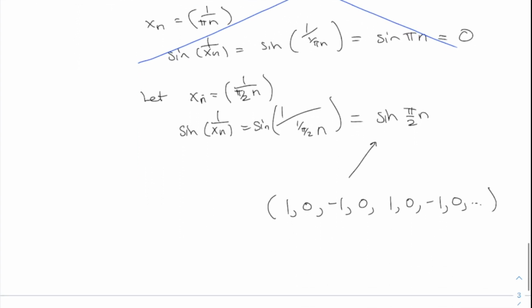Anyway, the sequence we end up with is this. And does that sequence converge or diverge? The answer is diverge. How would you say specifically, how do you know this diverges? Because you can find two subsequences which converge to different values. All right, so this diverges